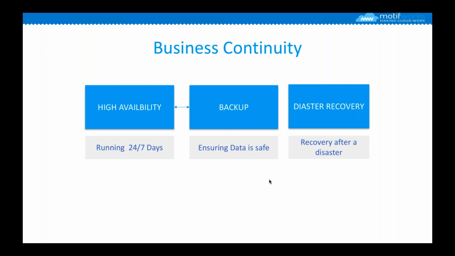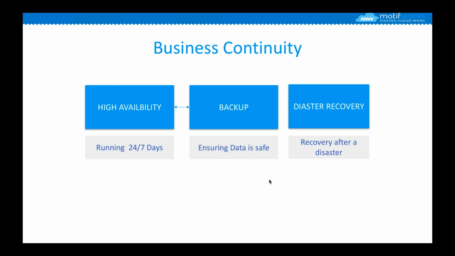A good example would be an e-commerce site. You might be running a couple of public-facing customer sites on multiple front ends. If one server goes down, another one can pick up, or maybe both are running at the same time, and through a load balancer, if something goes down, another one can still perform the job. So it is basically about making sure you are running the application 24/7.